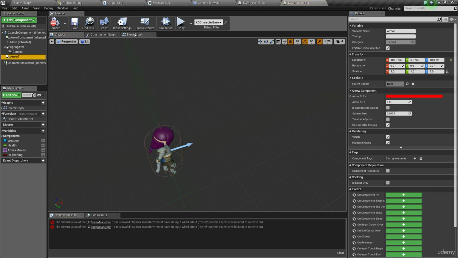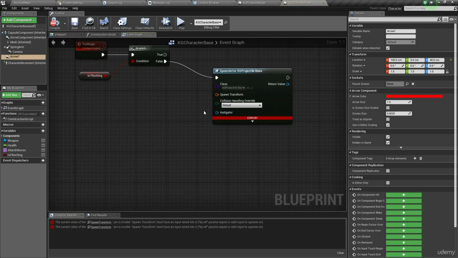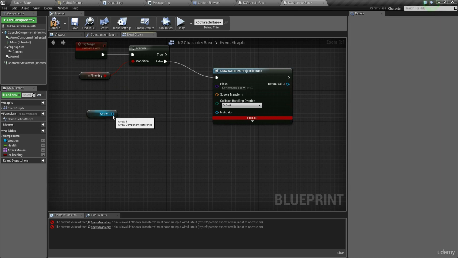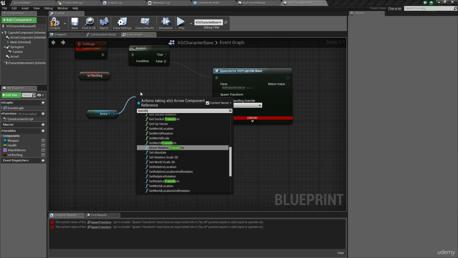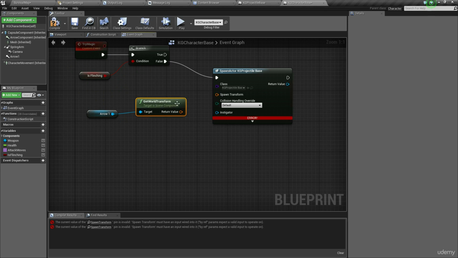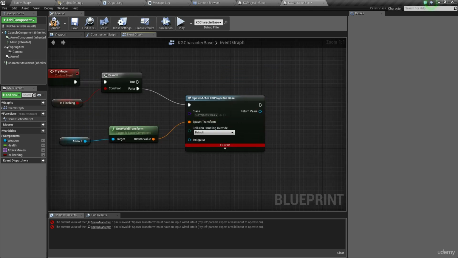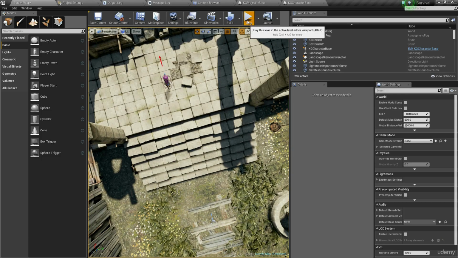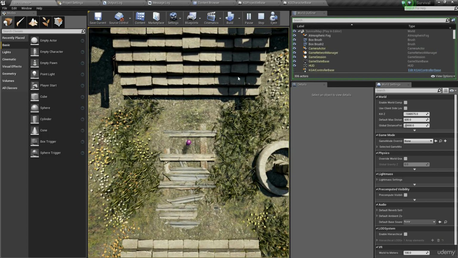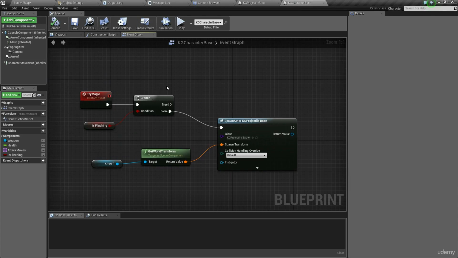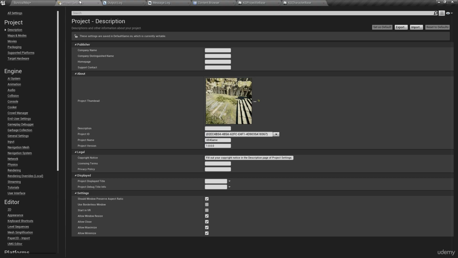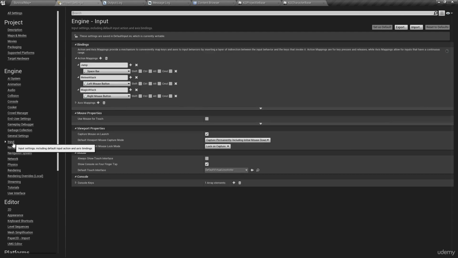Compile, save, and I'm going to go back to my event graph, and I'm just going to get the arrow, which again is just a temporary measure, and I'm going to get the world transform and set that up as the spawn transform for this actor. Compile, save. Now if I was to go into the world and just right click, I'm not getting any functionality out of it. Now the reason I'm not getting any functionality out of it is that I'm going to go to input. I can see that magic attack has been bound to right mouse button, but I'm going to follow